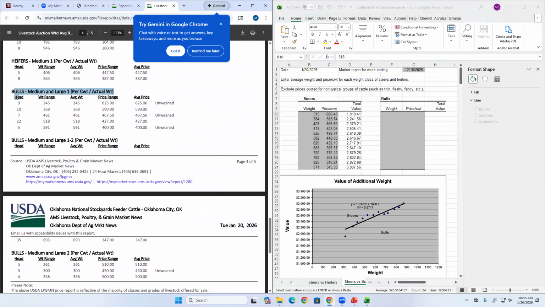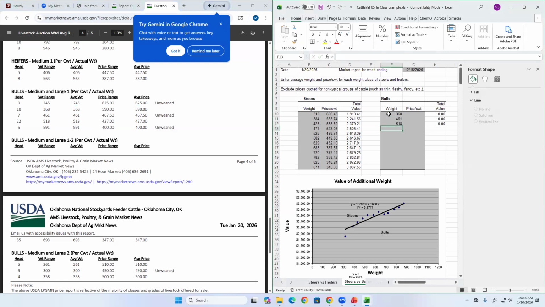Here we have, well, they only sold 5 groups of bulls on this day. 3 of those groups were unweaned. Let's see. We'll use some of these unweaned ones. Okay. I won't use this one because this one's going to be a huge outlier. But we'll do 368,